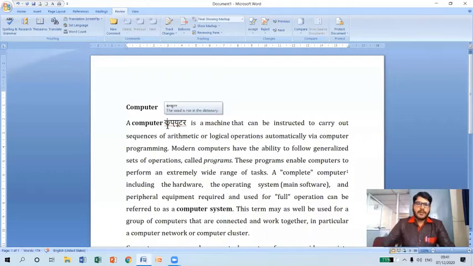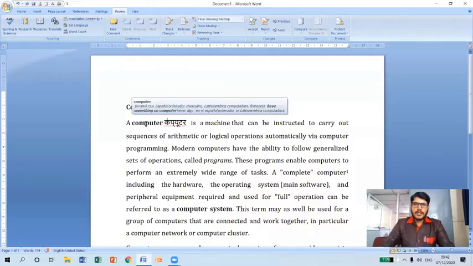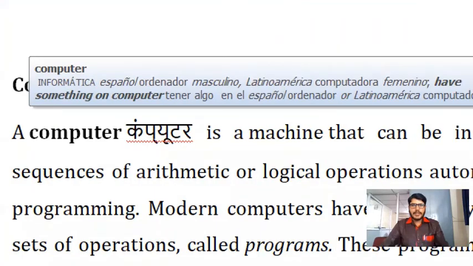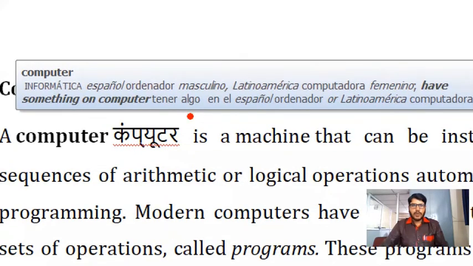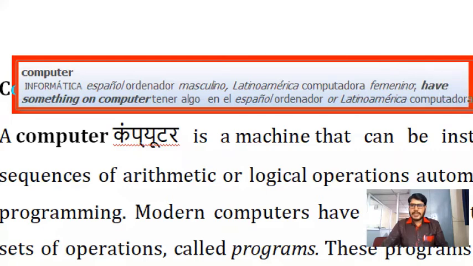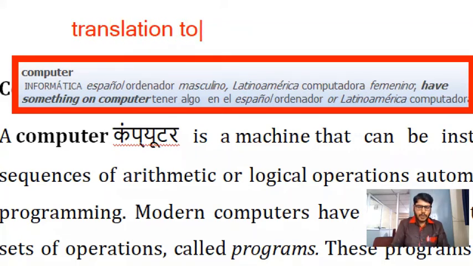And if you observe, when I move the cursor onto this computer keyword, as you can see here, there is a tooltip appearing here, isn't it? So this is a tooltip. This is nothing but a translation tooltip, we can say.